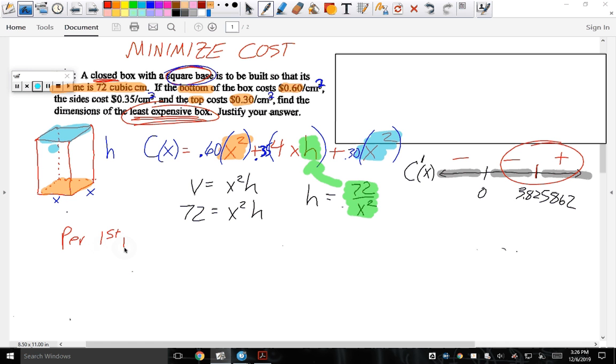Per first derivative test. So the absolute minimum cost, keep going. I would prefer you to write the absolute, just so in your head you know that you are accounting for there's only one critical point that when it changes, okay? So in your head it just refreshes, reminds you. So the absolute minimum cost equals